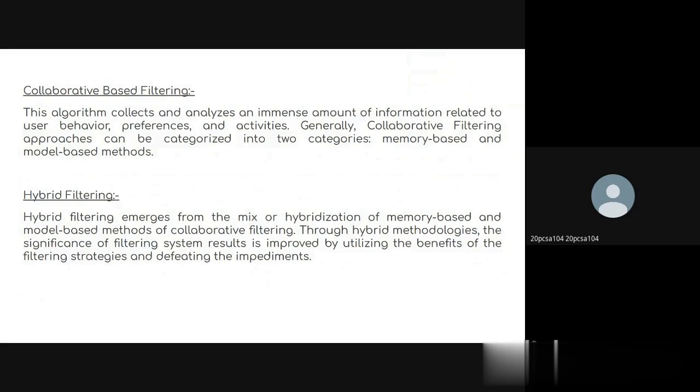Like that, only the item's characteristics are chosen, and based on that, the recommendations are done. Next is hybrid filtering. Hybrid filtering is basically where they combine the characteristics of the previous methods that have been